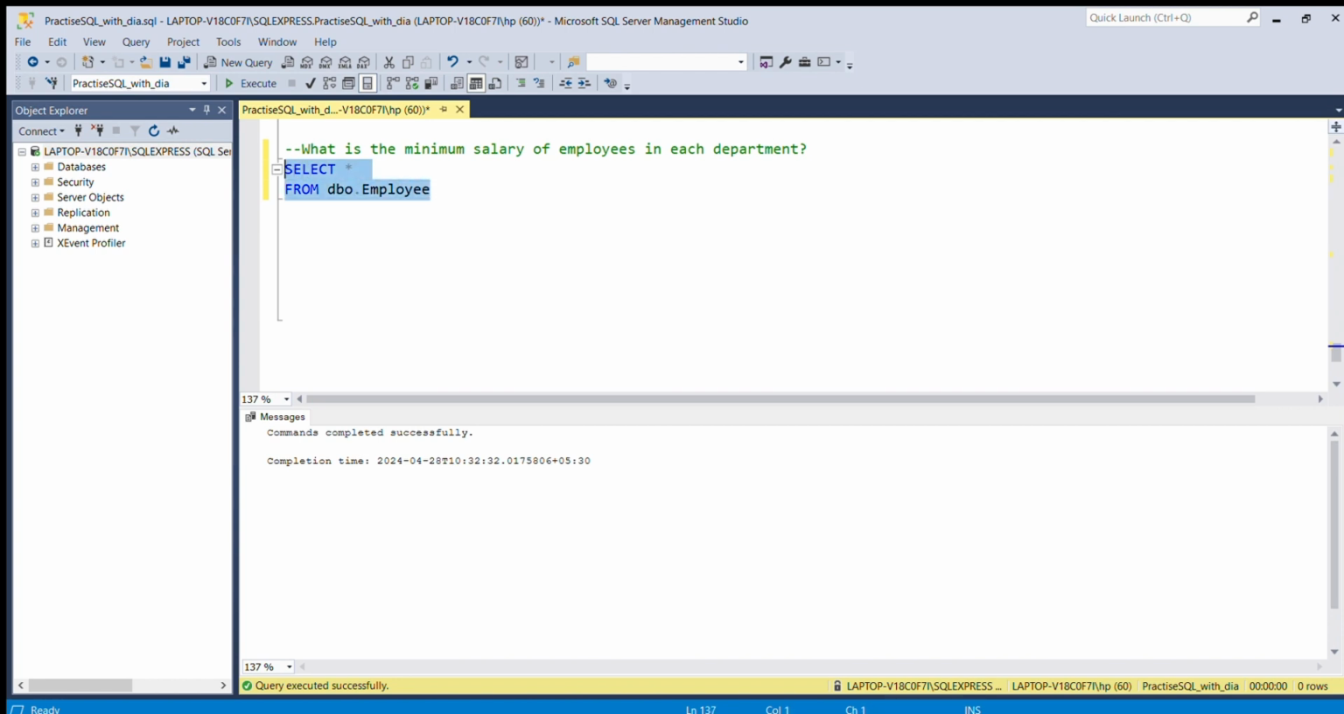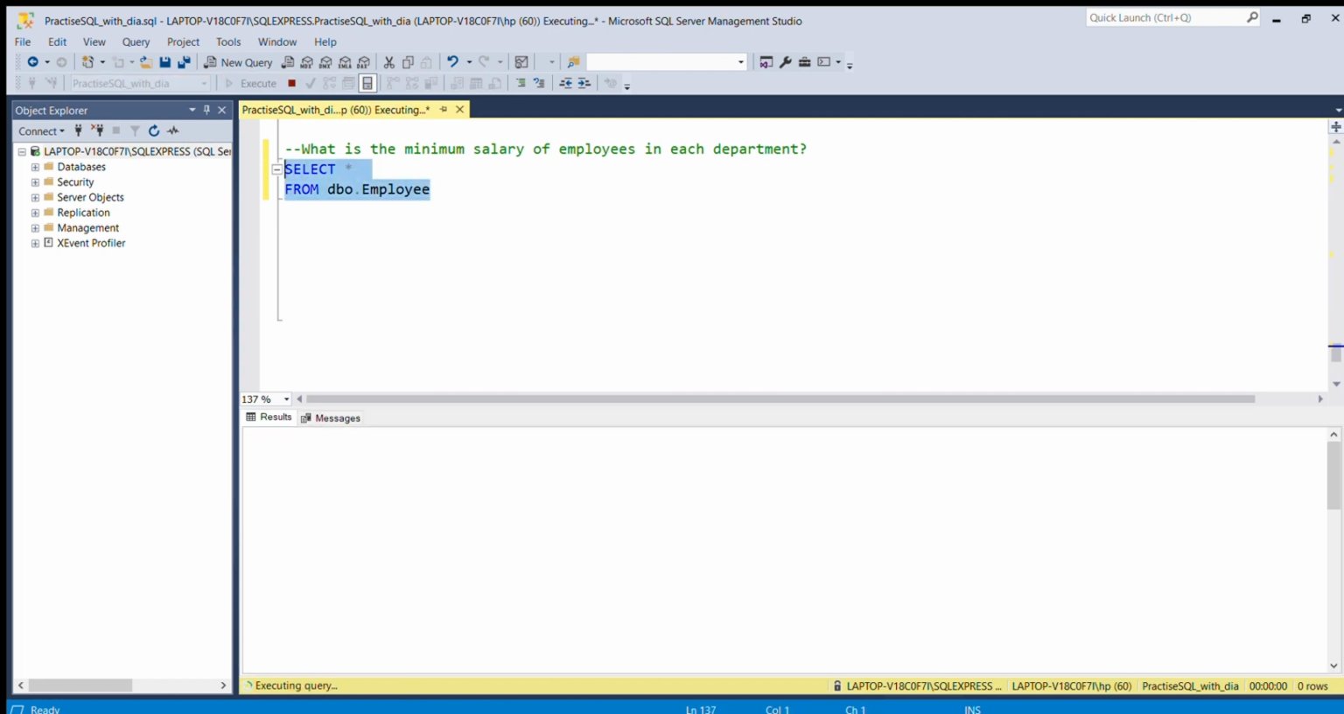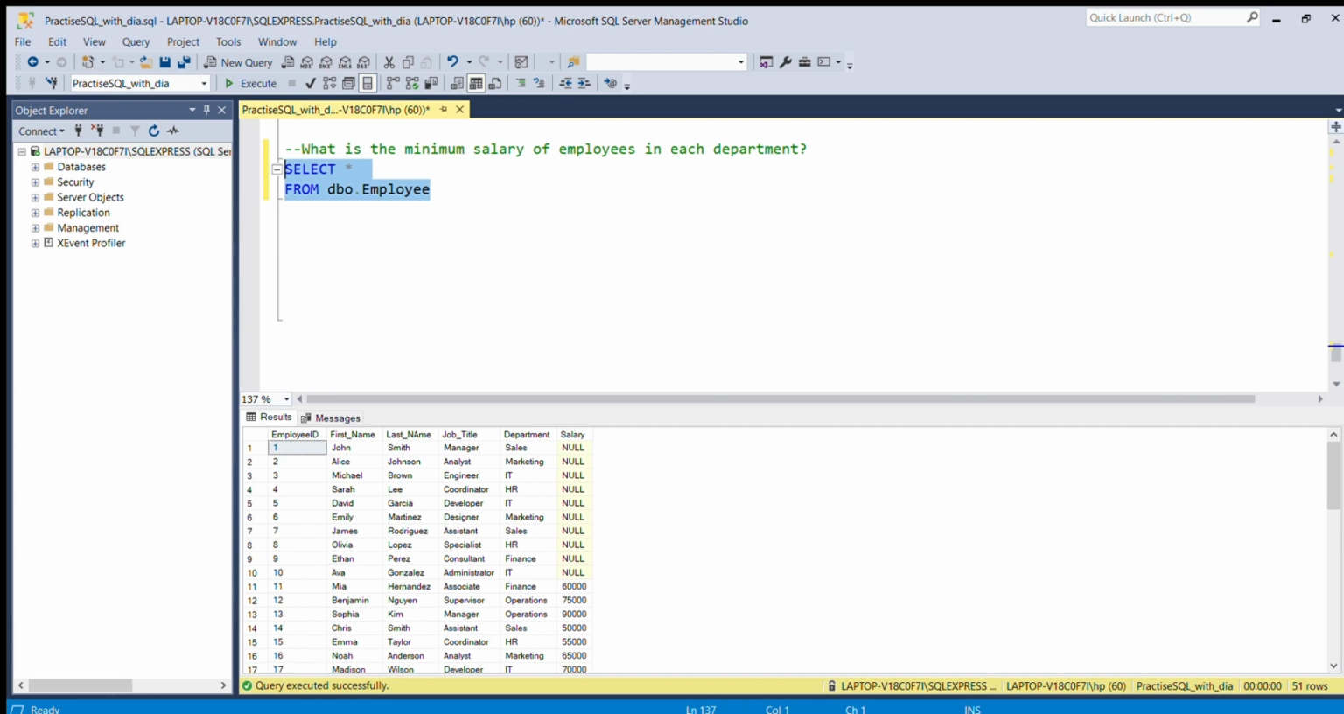Let's run our select query to see our table. So this is our table employee: employee ID, first name, last name, job title, department, and salary. What is the minimum salary of employees in each department? So there are multiple departments and we have to find the minimum salary in each of these departments. So in output, we want department. So let's make changes in our select statement. Here we will write